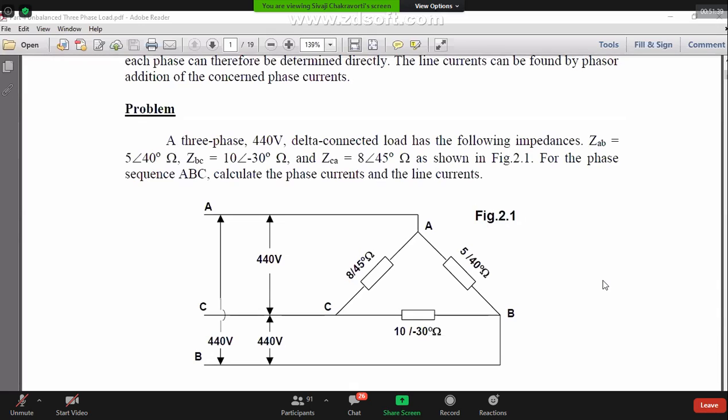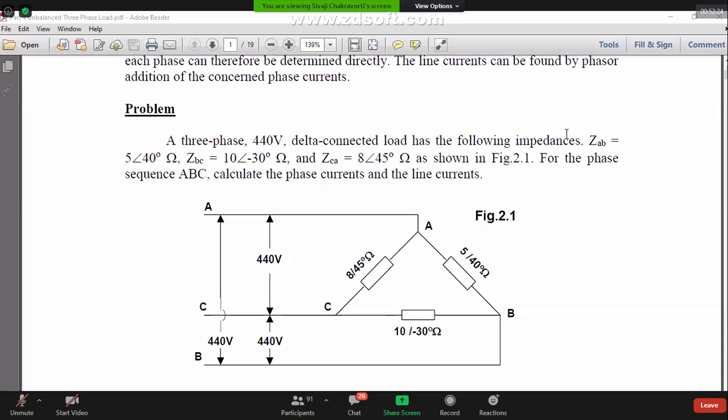Okay, so now I have opened this file, unbalanced three-phase loads, with the implicit understanding that the source is balanced. First I am taking the unbalanced delta load, because it is easiest to solve. So I am starting with unbalanced delta loads. And all these unbalanced cases I will always explain with an example, because I have found in my life that it is very difficult for students to understand theoretically. I should give you an example and the theory you can learn. You are intelligent enough, you can learn.